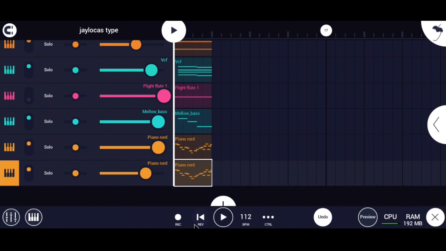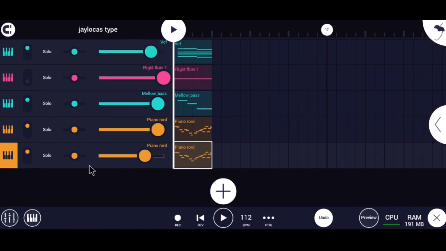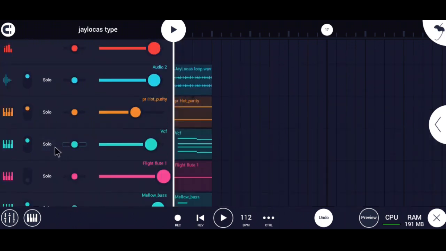Amazing, guys. The beat sounds really awesome, right? So what we're gonna do now is go in and add more amazing instruments like the log drums and all those hot stuff. So in order to do that, first I'm gonna switch off other instruments that I'm not gonna be needing when